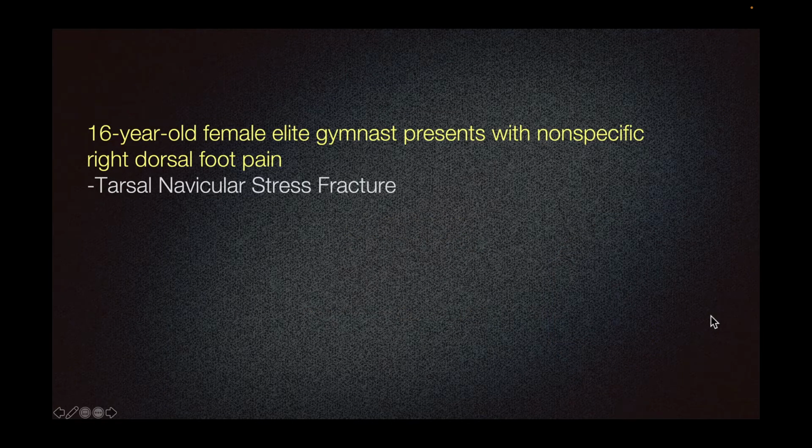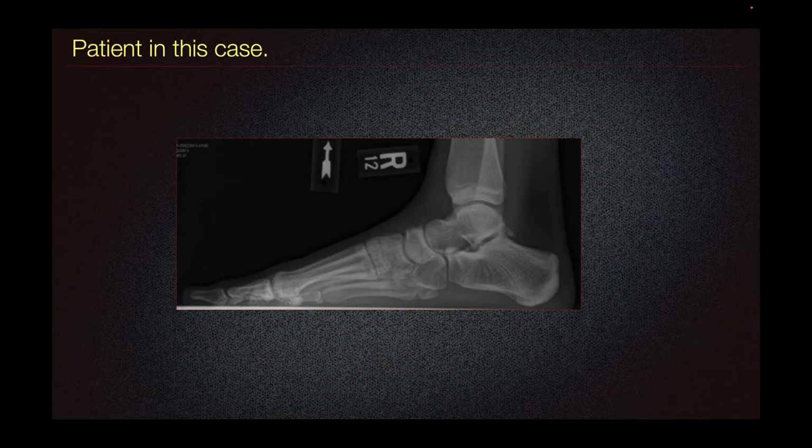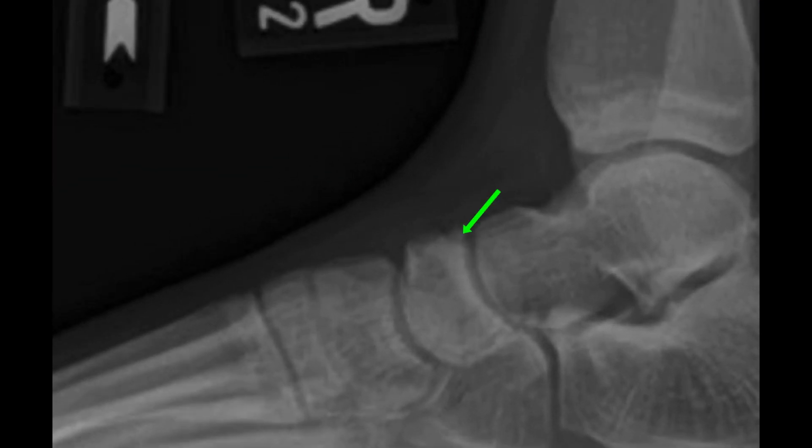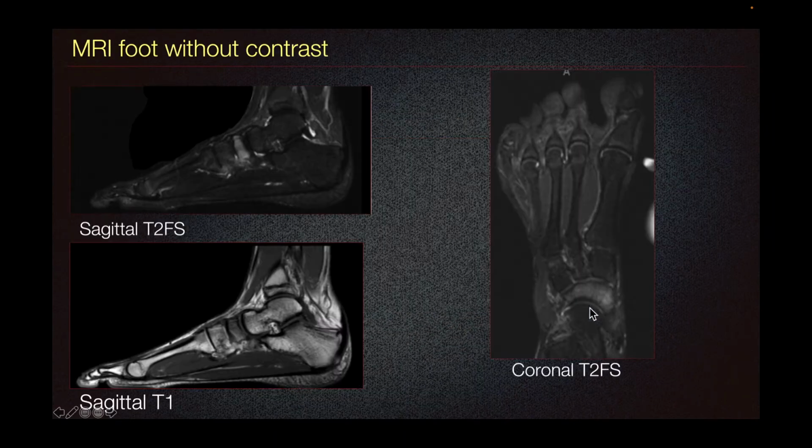A 16-year-old female elite gymnast presents with nonspecific right dorsal foot pain, concern for tarsal navicular stress fracture. The patient in this case presented with this lateral radiograph showing mild increased but nonspecific sclerosis of the navicular. The patient then underwent MRI without contrast, here in our sagittal T2 fat sat imaging demonstrating edema or this increased